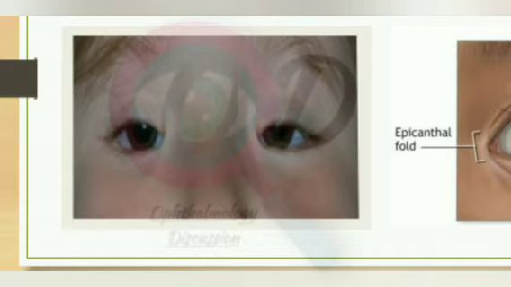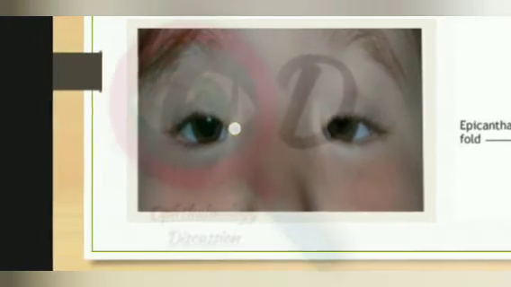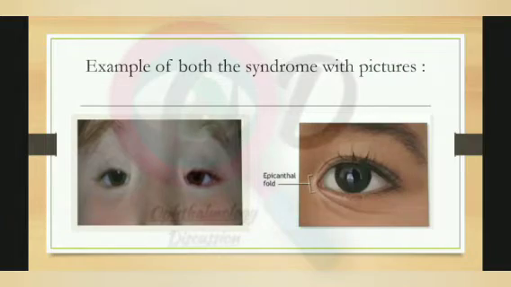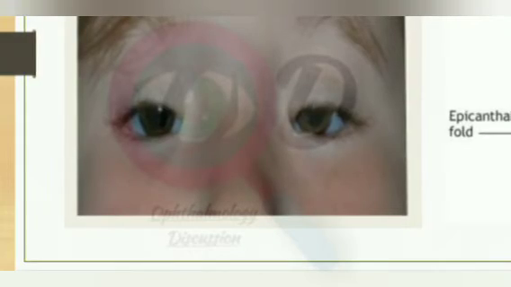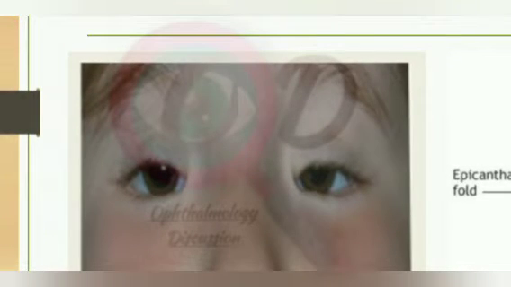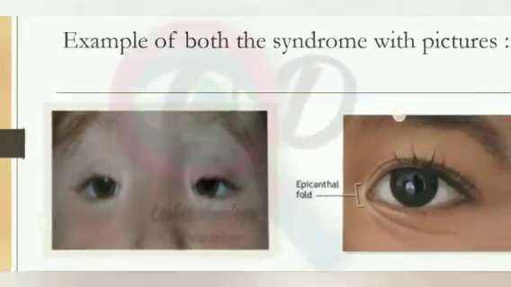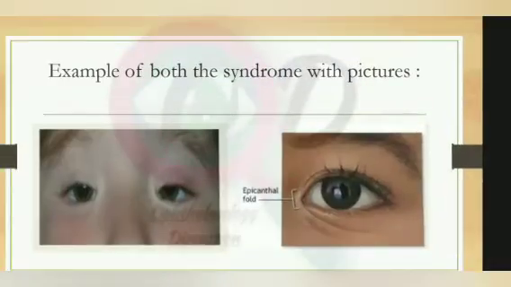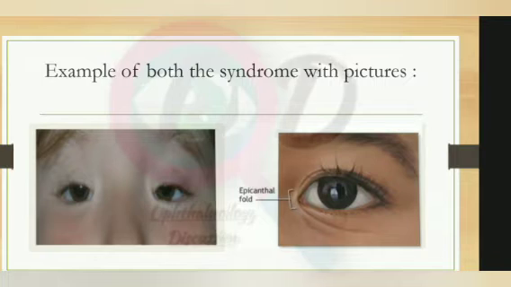As you can see, the eyes are small, and there is a large distance between these two eyelids. These are widely separated, and the ptosis is there. You can see the bilateral ptosis. So this is the kind of thing we will see with blepharophimosis syndrome.